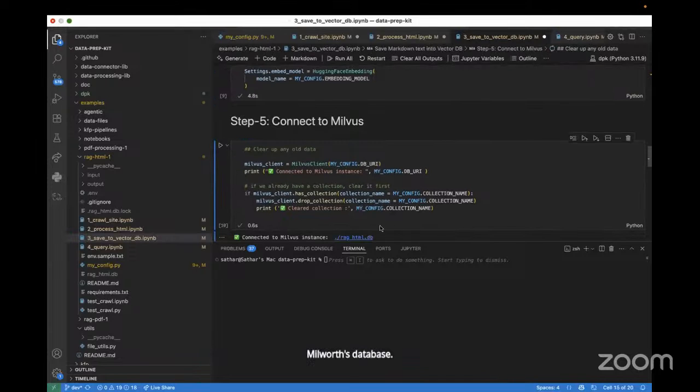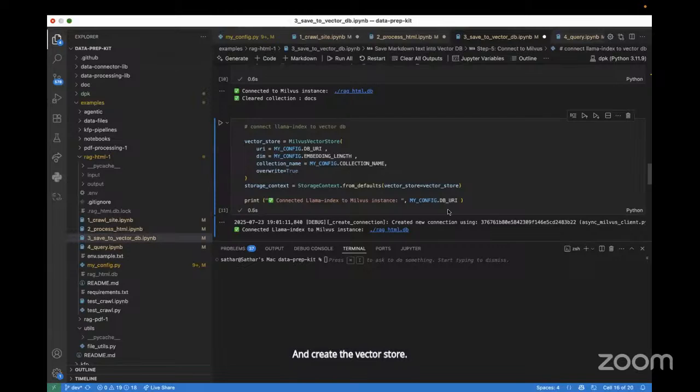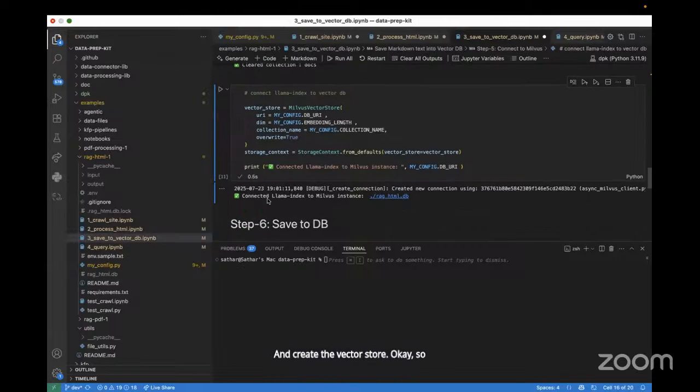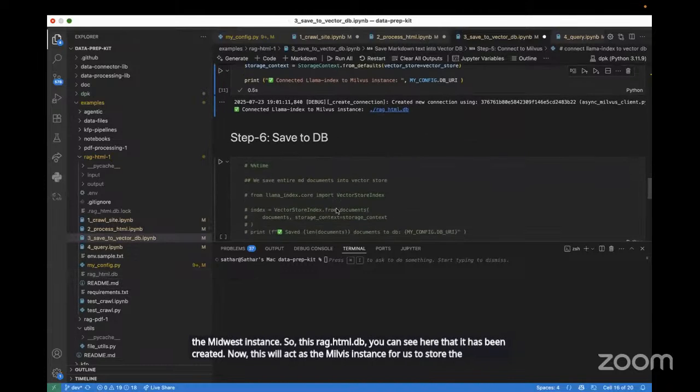So let's connect to the Milvus database and create the vector store. Okay, so now it says connected LlamaIndex to the Milvus instance. So this rag_html.db, you can see here that it has been created. Now this will act as the Milvus instance for us to store the information.